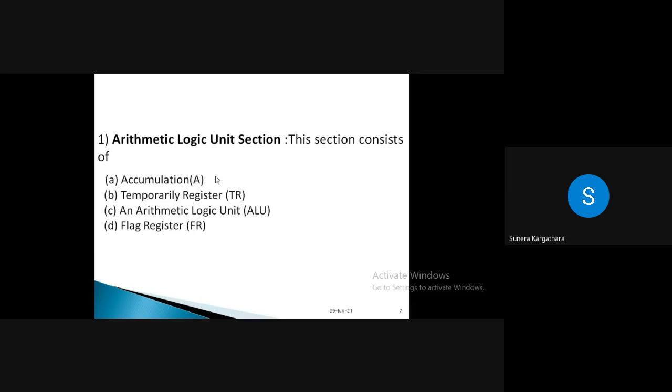How did the accumulator get its name? Because it accumulates the data. It stores the data. Okay. Then, in accumulator you can store... ALU. Yes, can you repeat, please? It is a default register for any arithmetic or a logical operation, right? Whenever you are performing any arithmetic or a logical operation, your default register must be accumulator. Very nice. Okay, then.